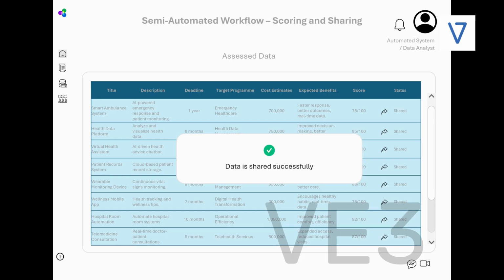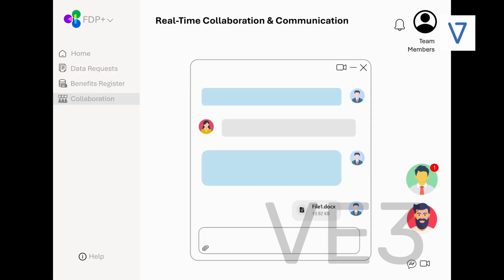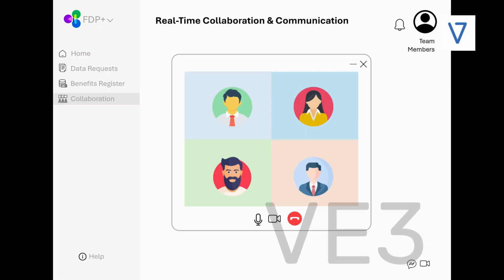In addition to the automated processes, our framework facilitates real-time collaboration. Integrated chat and video conferencing tools enable team members to discuss data entries, clarify doubts, and provide immediate feedback.